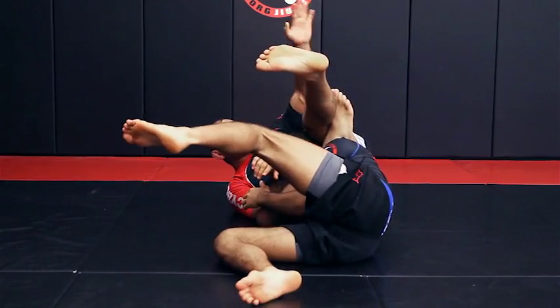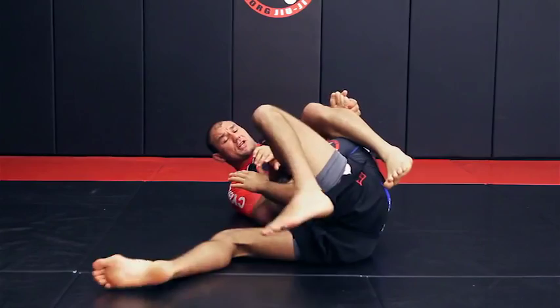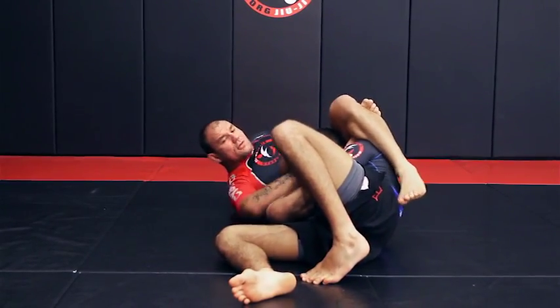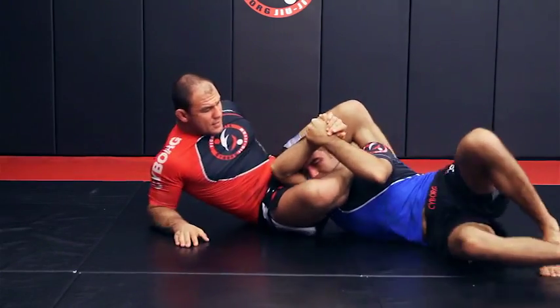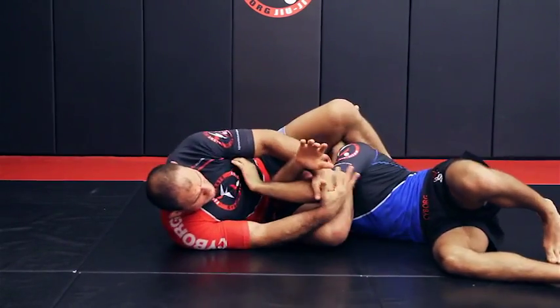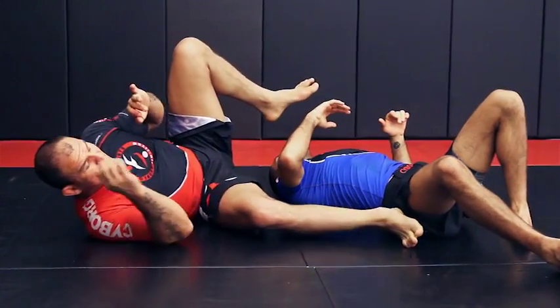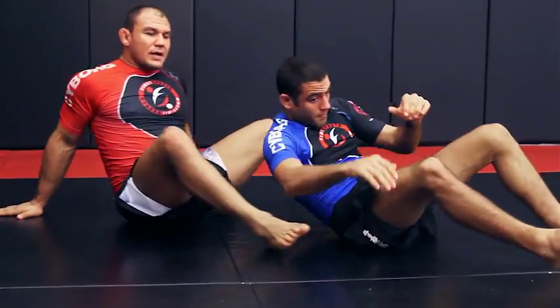And once I'm here, I can always use my outside arm to adjust. Most of these guys, they're gonna still hold me hand to hand. So look. I go to the opposite elbow and pull it to me. And there's a lot of pressure on this technique. Okay? Let me go to the